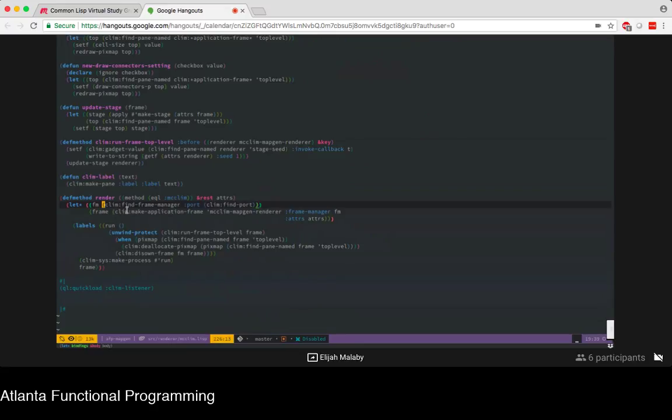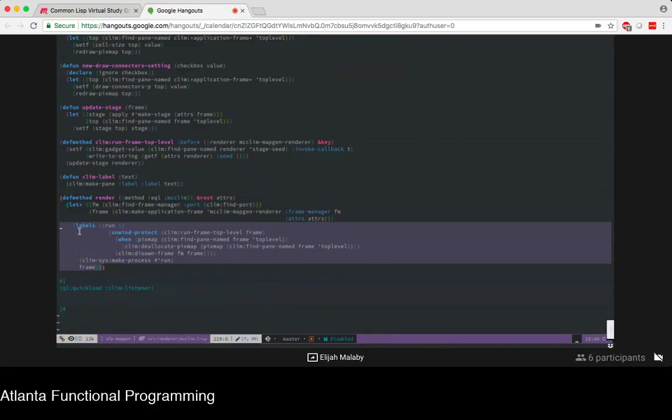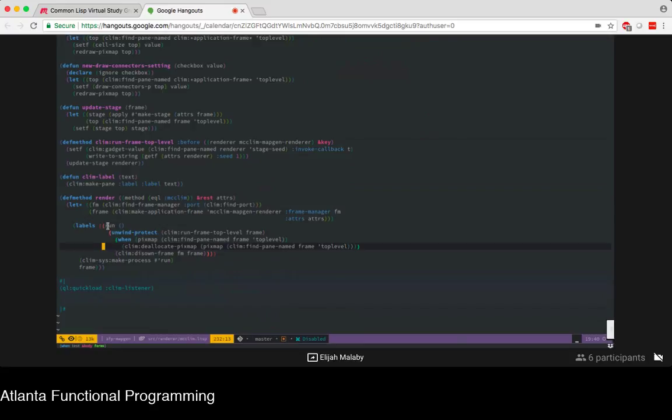But then I make my frame, my CLIM MIDI gen renderer. I call make-application-frame, which is a wrapper around make-instance that also does a couple of CLIM-specific things. I pass in my frame manager and the attributes that get passed into the render call. Get my frame, and then we have this bit here, which is this run function, which makes my frame,